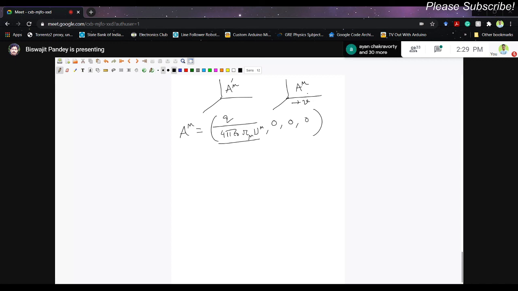And since this is Lorentz invariant and this is a 4-potential, you can apply the Lorentz transformation. So in this example, if I want to calculate, say, a0 prime, a1 prime, a2 prime and a3 prime, or ax, ay, az, whatever you like. Maybe I have used x, ay, az, so I should have written that. No problem. In this particular example, the Lorentz transformation is quite simple. Gamma, and here we should have q by 4 pi epsilon 0 r mu u mu, 0, 0, 0.